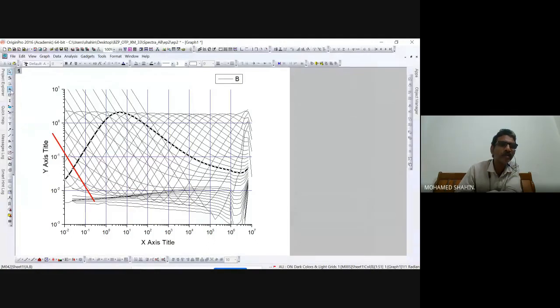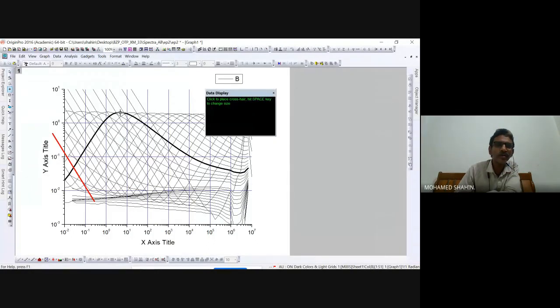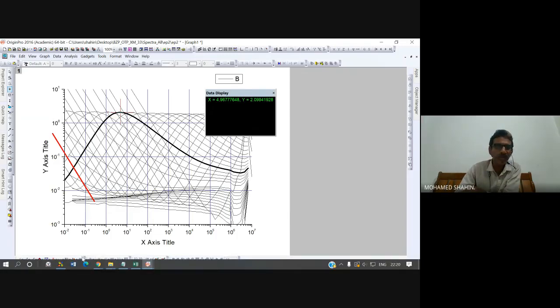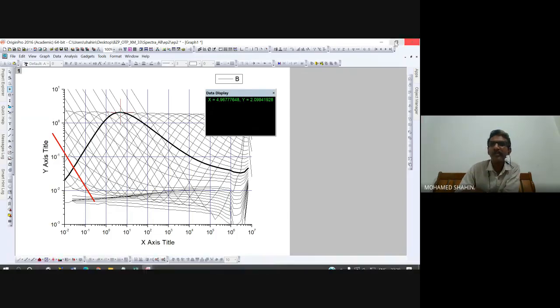I wanted to see where the peak is. Now you take data display, you can see that it is 4.96. 4.96 is the frequency maximum. So you can even plot the Arrhenius diagram by simply,